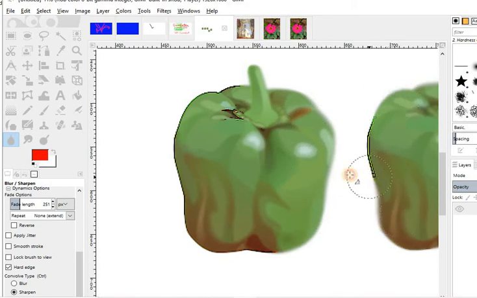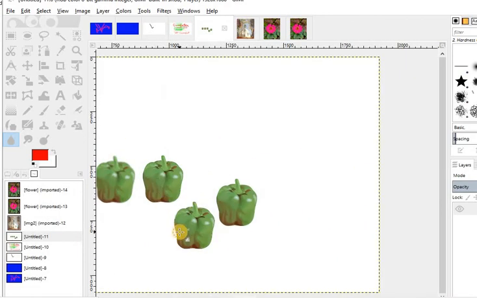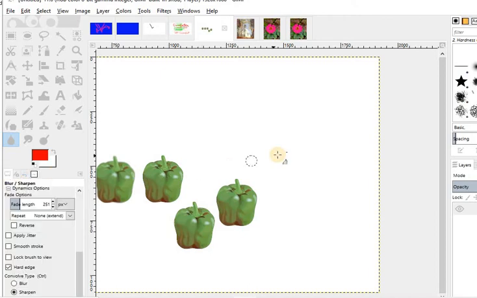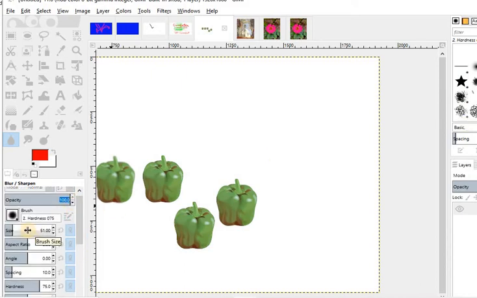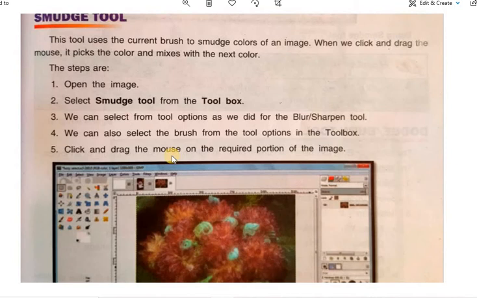See, okay, then the next tool which we have to rate. Actually, what is the rate? Rate is the size, means on which size we wanted to perform this. So this will be the size, the particular image on which we wanted to perform. Okay, the next is smudge tool. What is smudge tool? So the smudge tool is, this tool uses the current brush to smooth colors of an